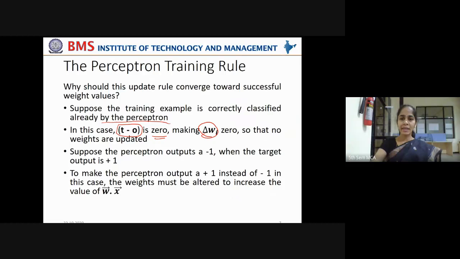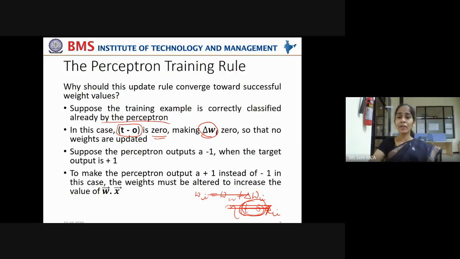I'm repeating again. Say you have the old value and it has to be adjusted with the new value by adding delta Wi. Now, what is this delta Wi? Nu into the deviation in the prediction multiplied by, what is that term? Yeah, xi. Now, this T minus O is 0, means prediction is correct.